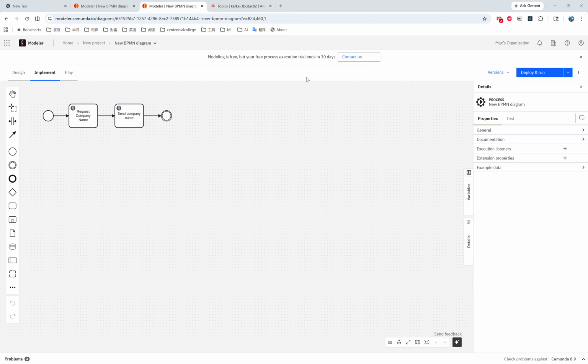Today I will demonstrate Lab6, deploying an orchestration pattern using Camunda Cloud. The goal of this lab is to use Camunda as an orchestrator to bridge two different systems, a Postman mock API and a Kafka cluster. As you can see in my BPMN diagram,